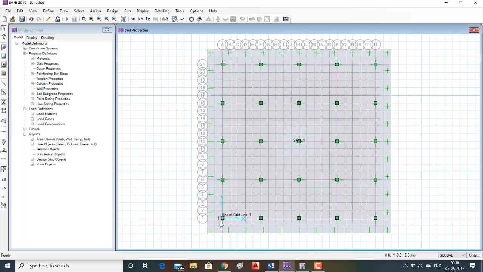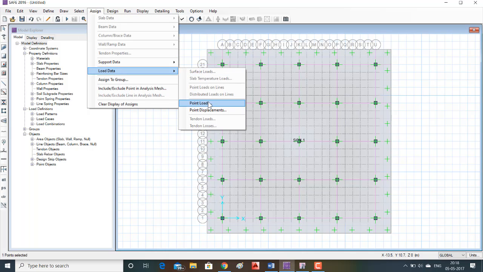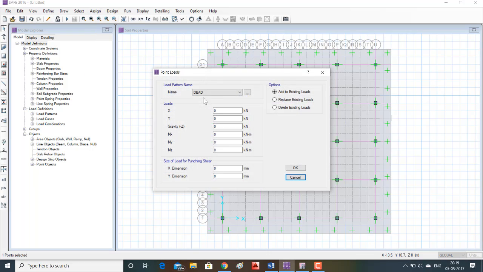Now for applying the loads on the column, click on the center of the column, go to assign load data, point load, select dead load.